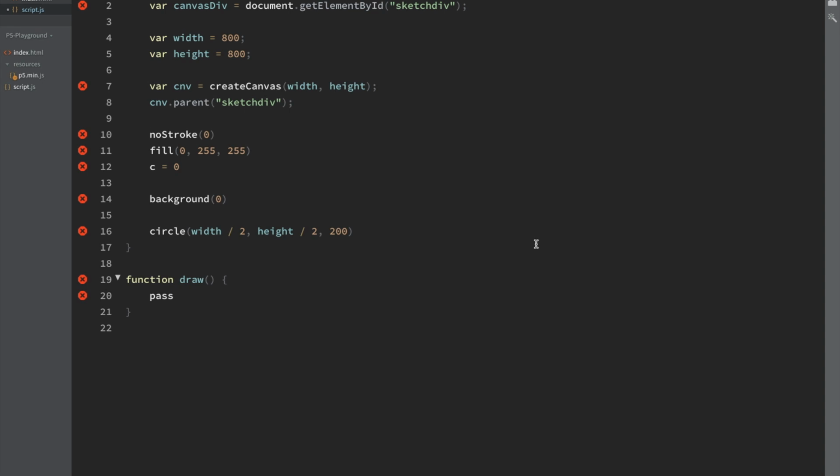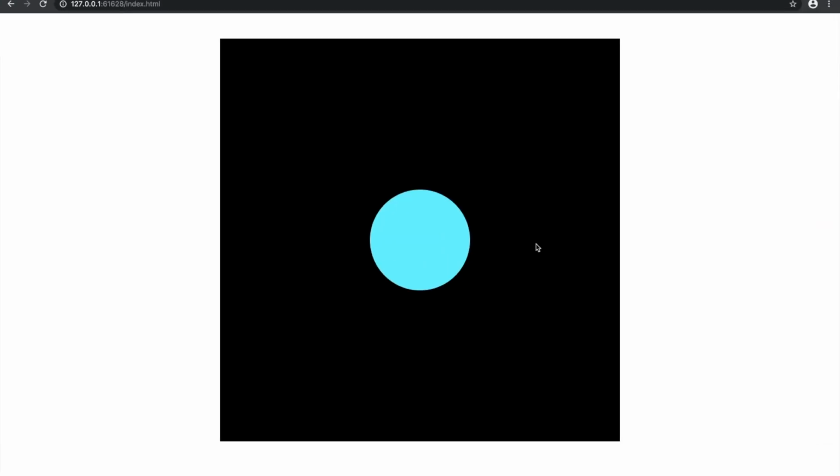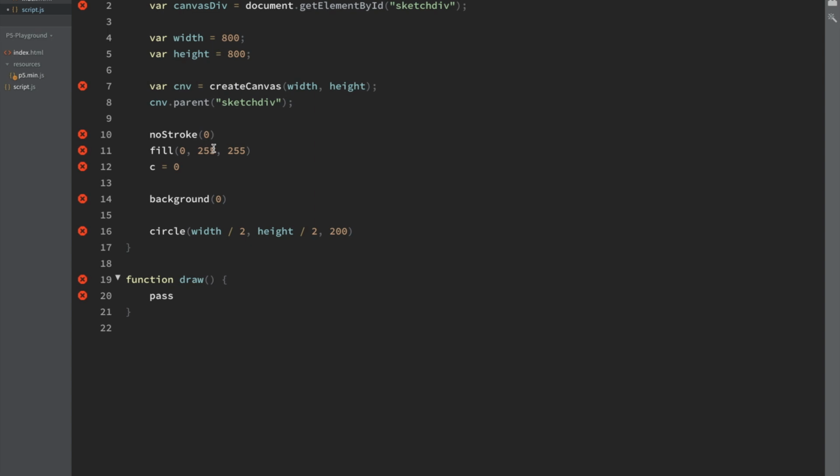So I've got this really simple code set up right now for P5.js where I'm just drawing a circle. I've got that circle right here. I'm just drawing it on a black square, and it's got a cyan color, which is just 0, 255, 255 RGB. But there is another color mode that many artists like to use, and it's HSB, and it stands for